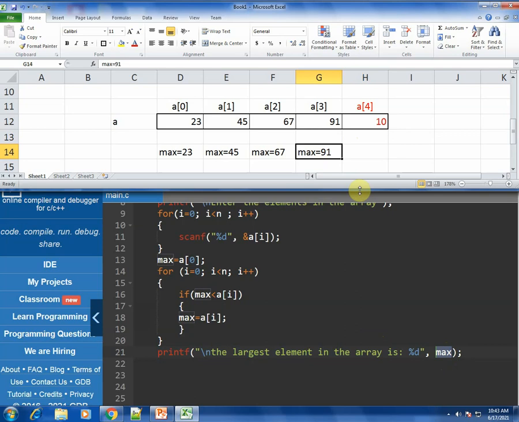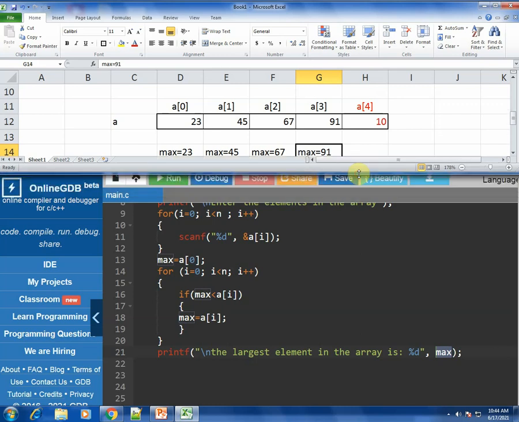As you see in the array, is 91 the maximum element? Yes. Or the largest element? Yes, of course. 91 is the largest element, and that is what will be printed onto the screen. So you will get the largest element in the array is 91. So this is how the program would look.